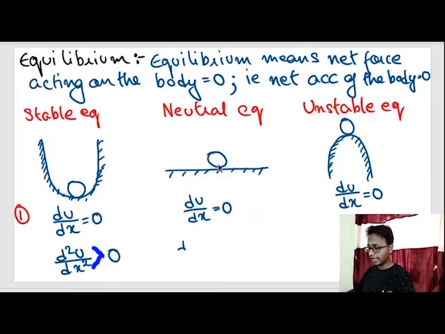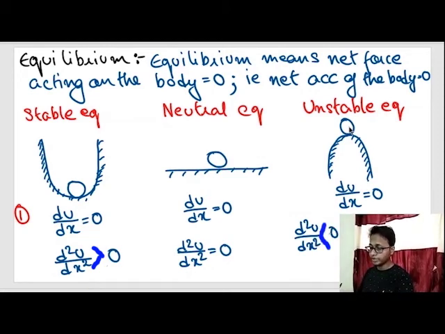Similarly, out here there is no change in potential energy. That sentence we write mathematically as d square u by dx square is equal to 0. And out here potential energy is maximum, so that sentence is mathematically written as d square u by dx square is greater than 0. See, potential energy is maximum out here. This has something to do with the study of graphs, but I am avoiding it because you don't require additional knowledge.